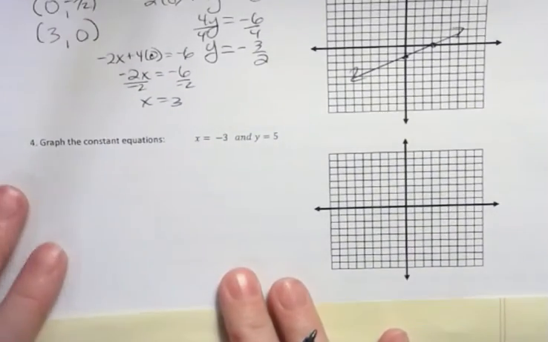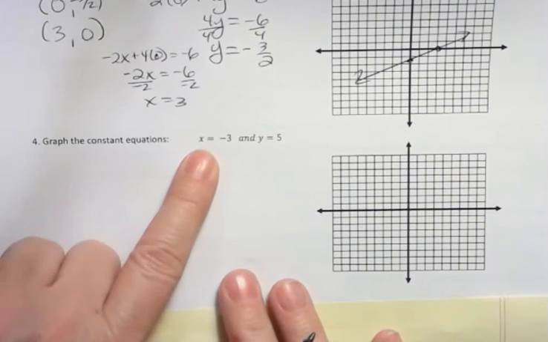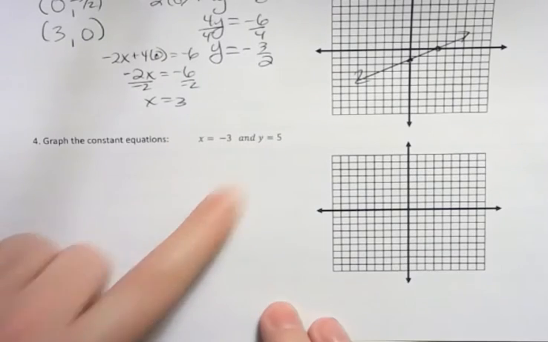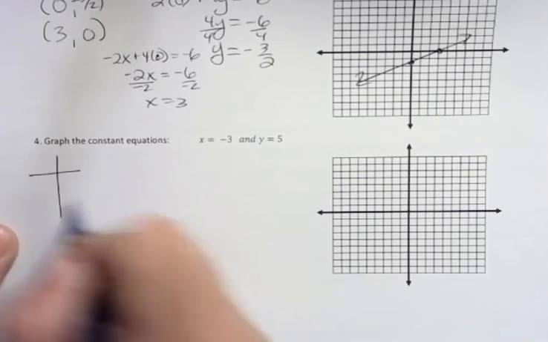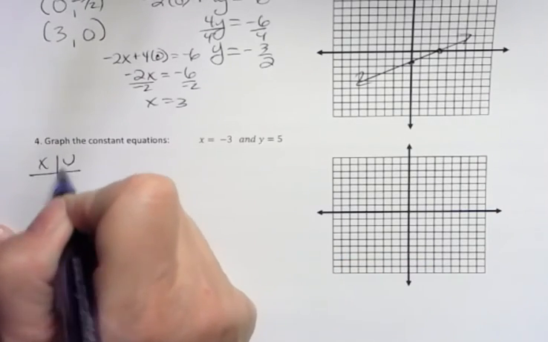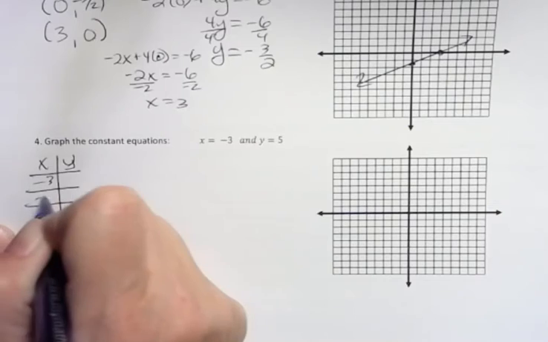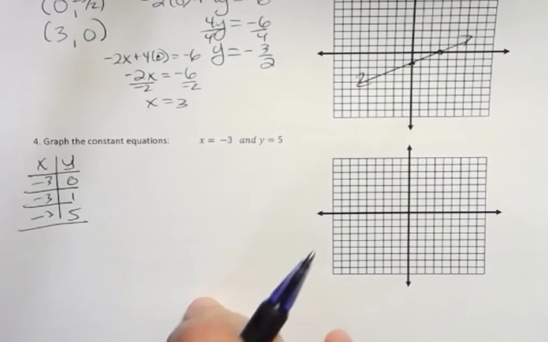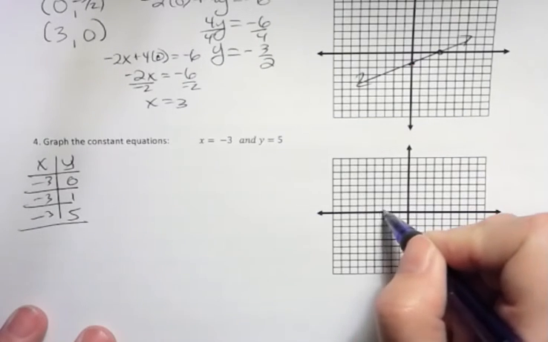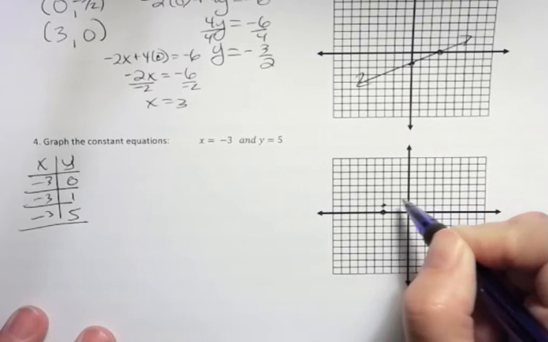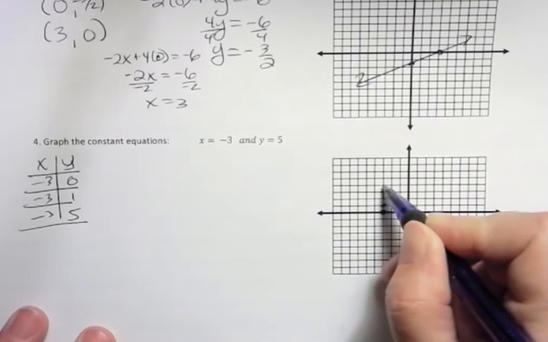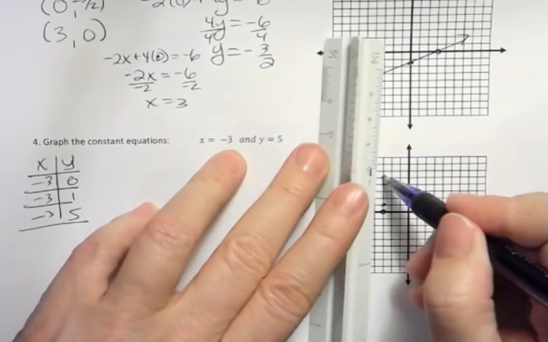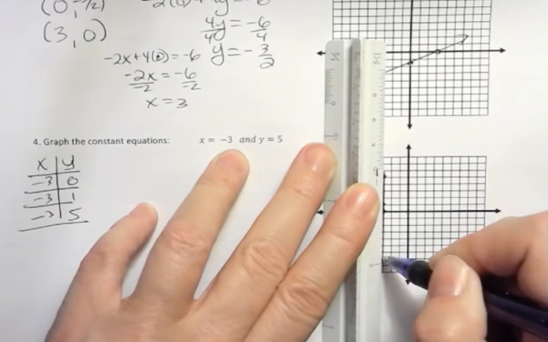Finally, I want to look at what about graphing equations that are constant. That is, x is constantly -3 or y is constantly 5. These are 2 different equations. I want to make sure I show you 2 different graphs over here. For the first one, x is always -3. Y can be whatever I want it to be. I picked 0, 1, and 5. If x is -3, y is 0, y is 1, y is 5. Y is 1, 2, 3. Whatever you want y to be,